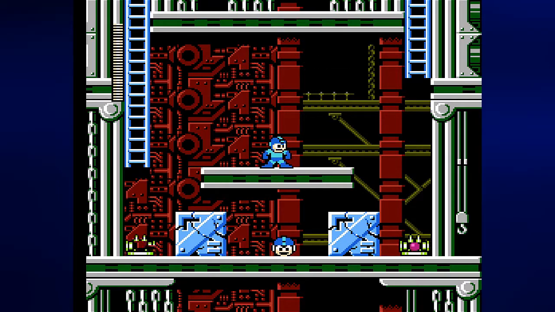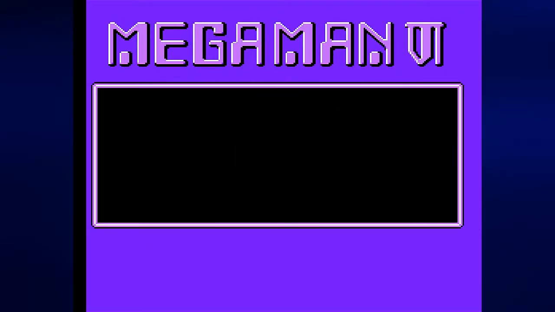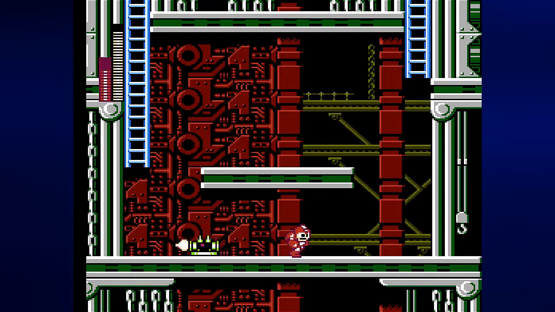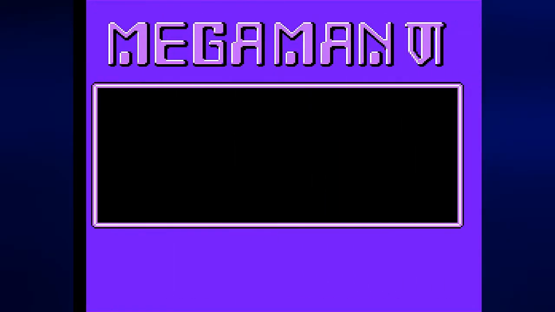We are now on the third stage of Dr. X's fortress, after beating the first two parts. And I am going to slide down here, get the 1-up, and then try to punch this thing out. And that went horribly. Also, I want to switch to the jet armor, and I'm not sure if I've ever